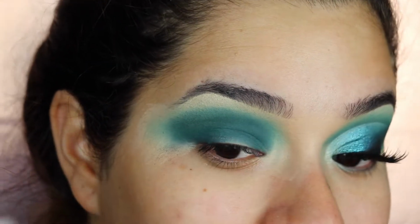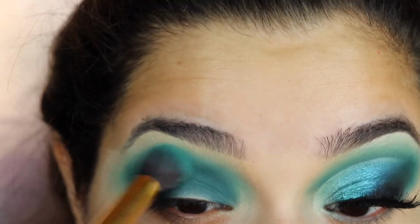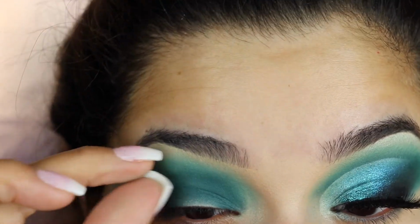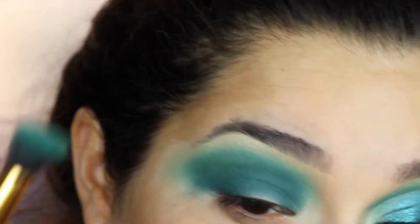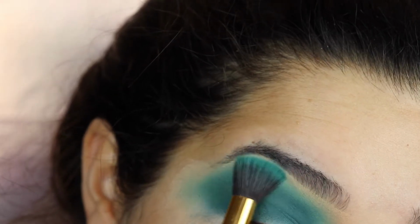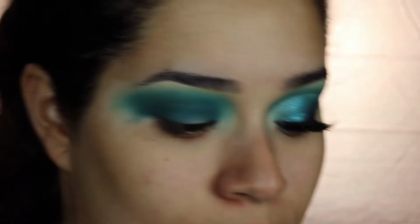But then you can see that I have this really harsh crease right here, so I'm gonna go back in with my previous brush. Because it's so large, I'm placing it right in the crease of my eye so that only a hair of it is covering the part that is white and the part that is darker. Another thing that you can do is turn your brush on its side to blend it out. If you really feel like you need to, and I didn't really do this on the other eye, you can,